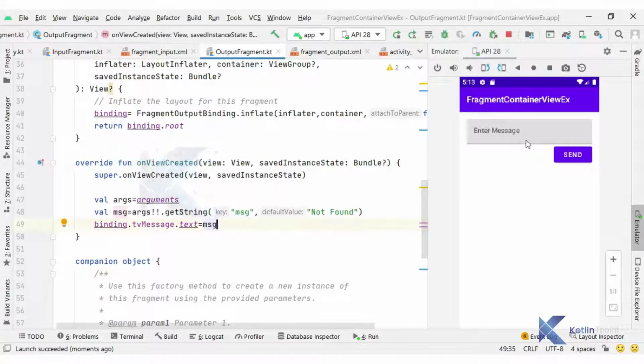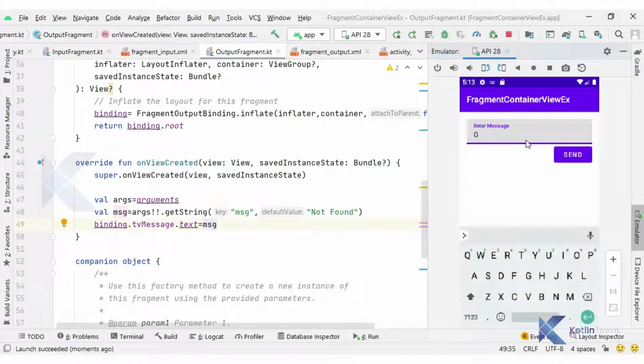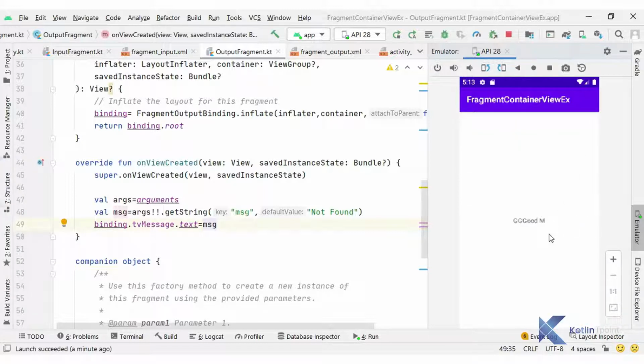You can see if I type a message like good morning and click on the send button, that message is available inside our output fragment. So this is how we can pass the value. Whatever you type here will get passed to our output fragment.